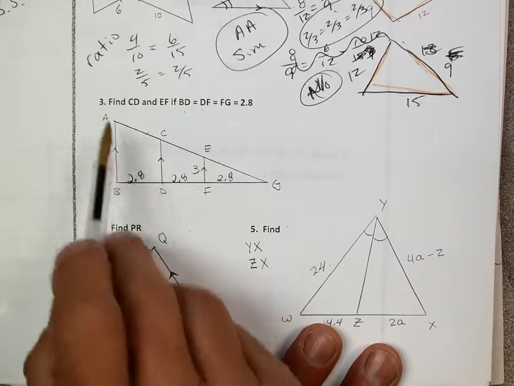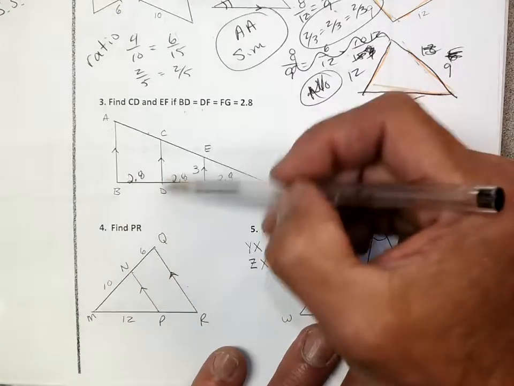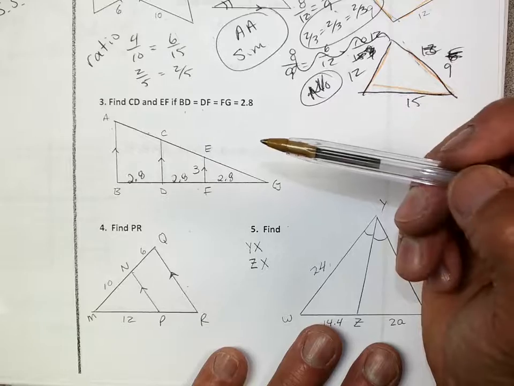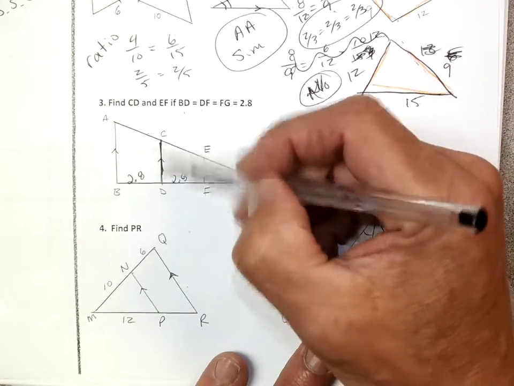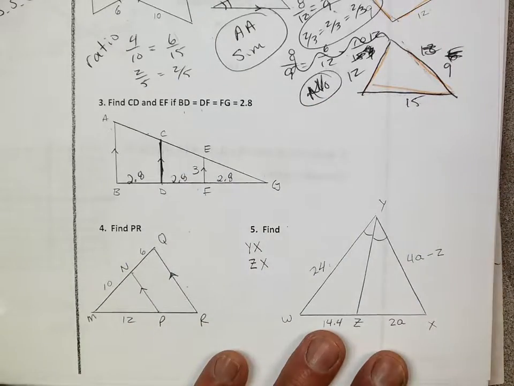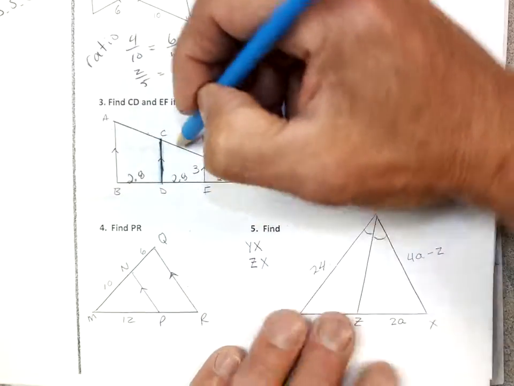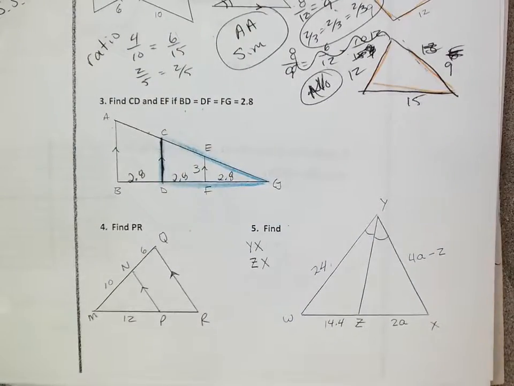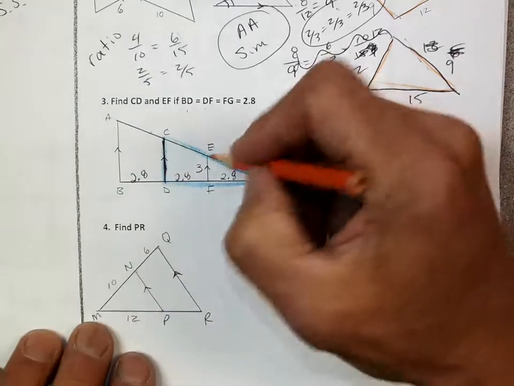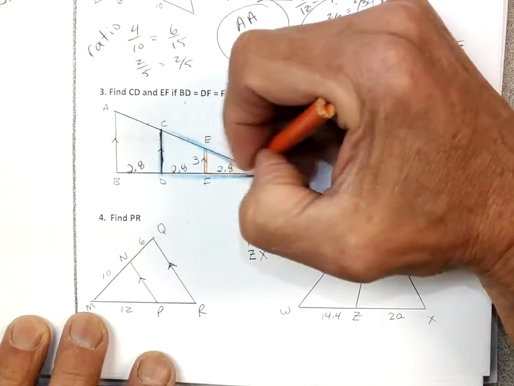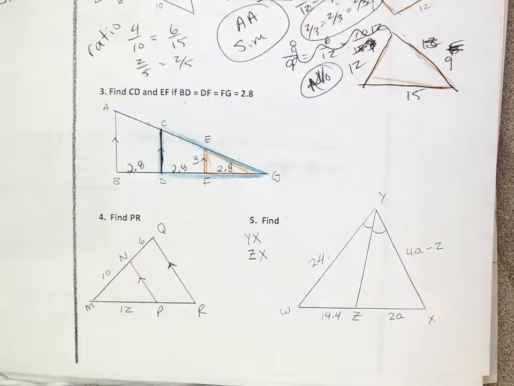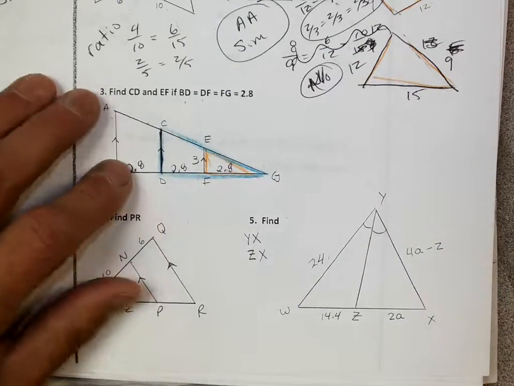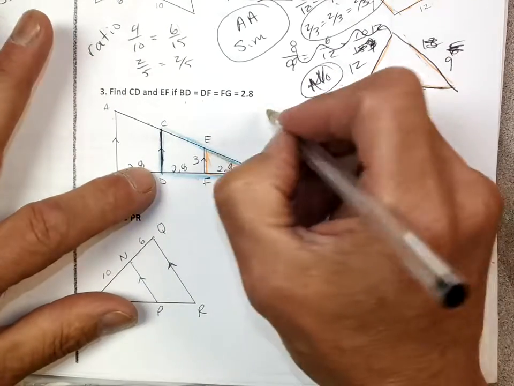Okay, so find CD. Okay, that's this one here. And so the way to find CD is this. I'm going to go ahead and color it CD. Okay, do you see the blue triangle? You guys see the blue triangle? Of course you see the blue triangle, okay? And then do you see a little orange triangle? So I'm going to go and look at the triangle. So CD goes to 3,